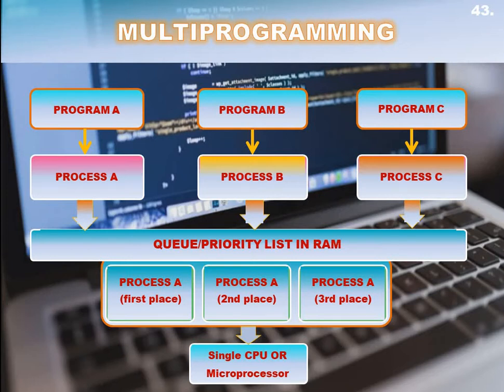Now, say the second job also goes for an input-output task. The CPU chooses a third job and starts executing it. As soon as a job completes its input-output operation and comes back for CPU tasks, the CPU is allocated to it. In this way, no CPU time is wasted by the system waiting for the input-output task to be completed.